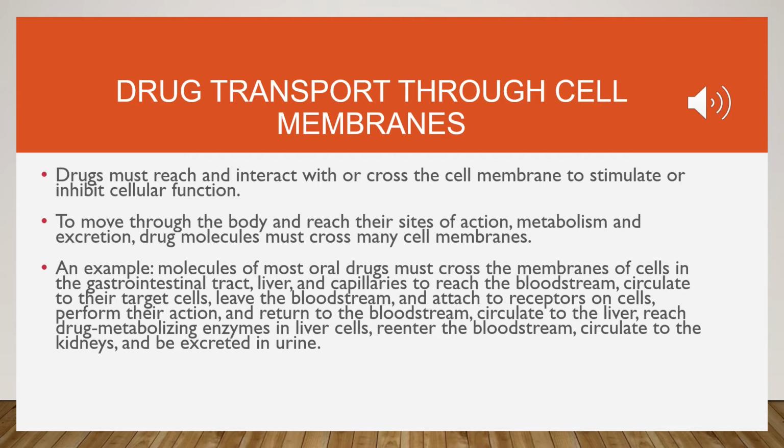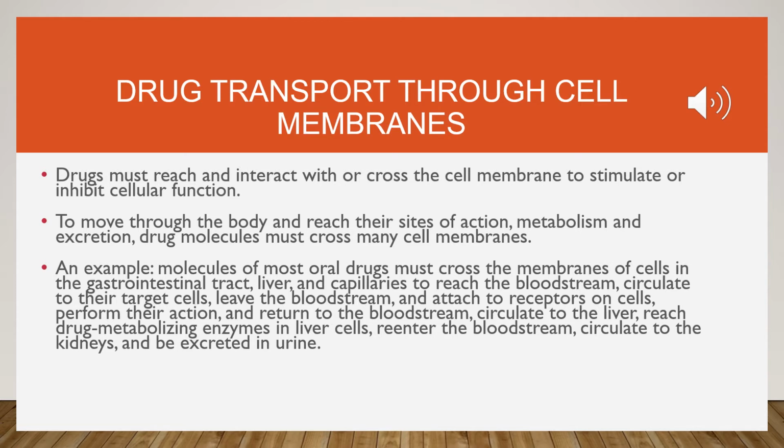For example, molecules of most oral drugs must cross the membranes of cells in the gastrointestinal tract, liver, and capillaries to reach the bloodstream, circulate to their target cells, and leave the bloodstream and attach to the receptors on the cells,